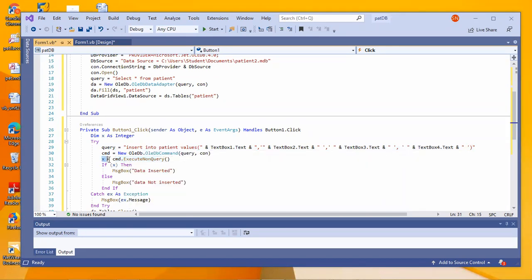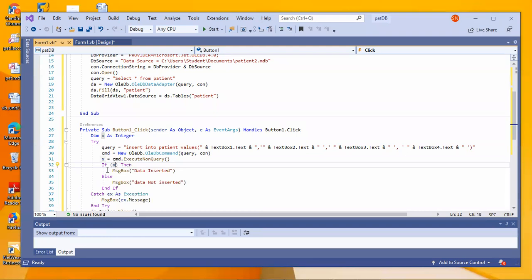So that's the reason I'm holding it in a variable called x, which has been declared as integer. It will return a value of 0 or 1: 1 if it is successful, 0 if it is not. So I'm saying, if x. What does if x mean? It is similar to if x equal to 1. If x, in the sense, if it is true, I can give it as just if x or equal to 1.